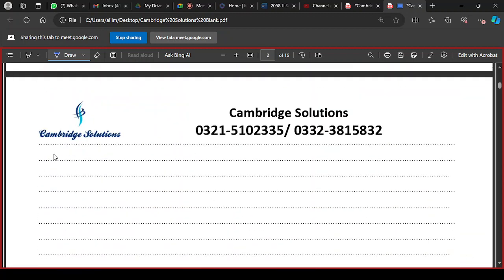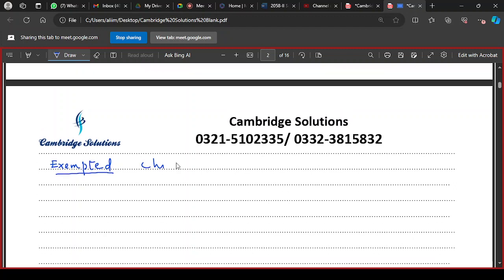The next paragraph will be about those who are exempted from the Ramzan fast. Explain that you must identify the people exempted from the Ramzan fast during this month. Exemption should be identified in your answer. You can mention that minors, children, and insane people who are not of sound health and mind are exempted.